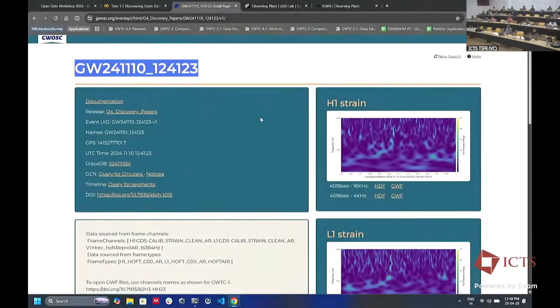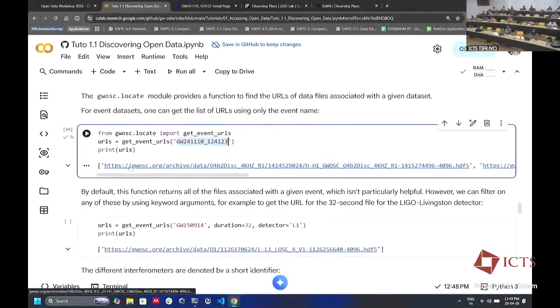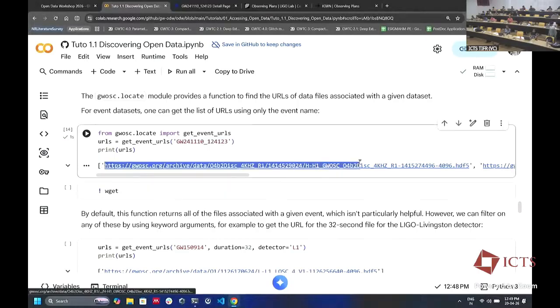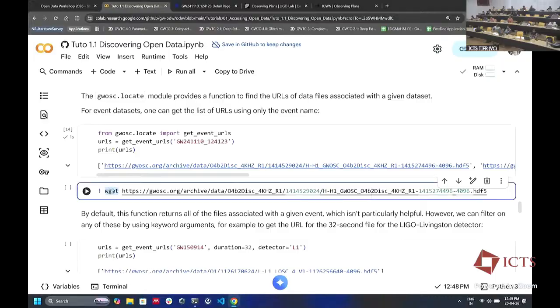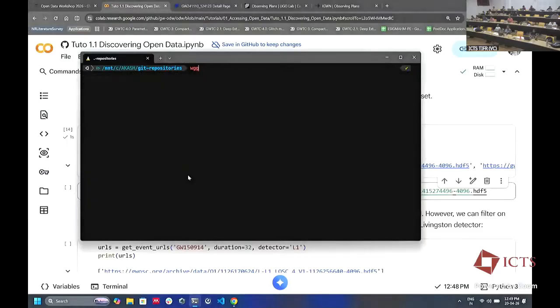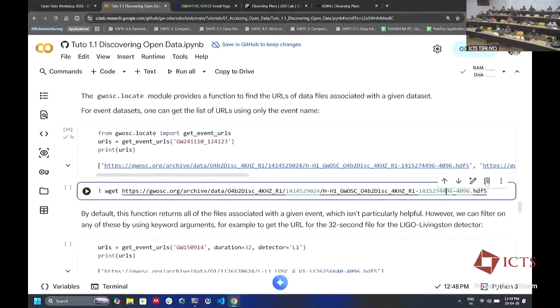This may be easy if you are just working for one event, but if you want to do this for many events, then you would write a for loop, which will basically get these for that event list. And then you can either control click or use some command like this. This is a Linux command which you put on the terminal. So here you would put wget and that link, that kind of thing. I'm not going to download it here, but I just wanted to tell you how you would actually do this.